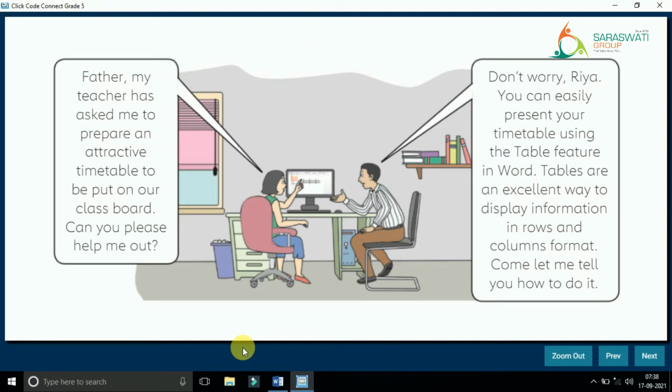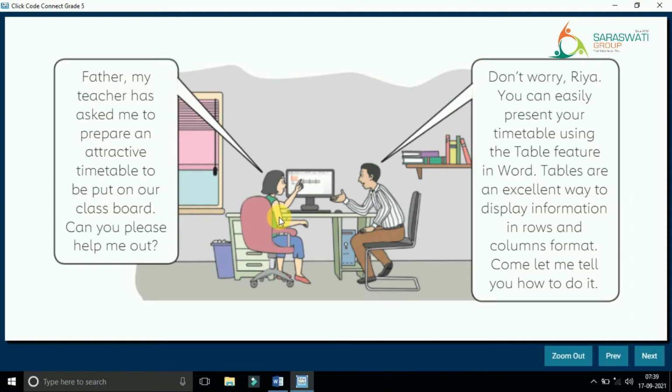See, a daughter is asking, "Father, my teacher has asked me to prepare an attractive timetable to be put on our class board. Can you please help me out?" That means this is a girl who is a student in some school, and her teacher has asked her to prepare a good and attractive timetable for the class board.